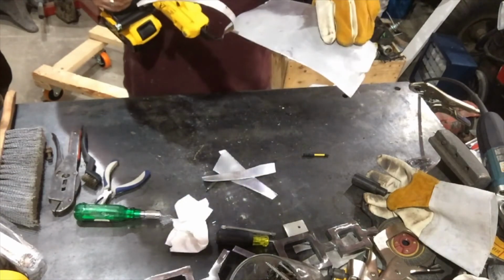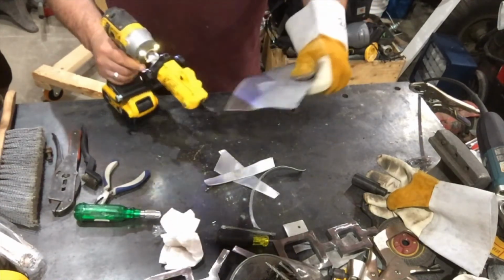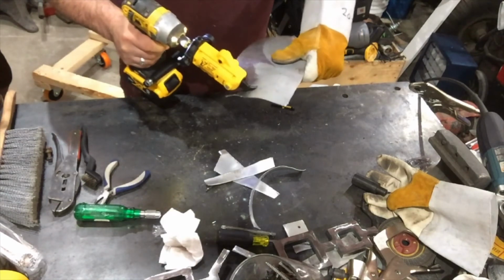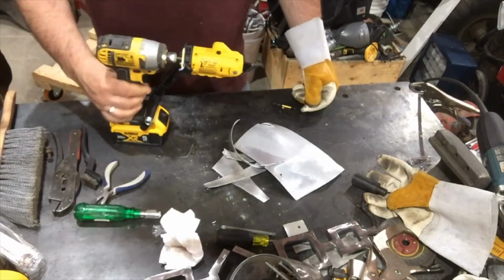I mean, it doesn't really help that this thing is on round. I mean, if I curve down, see, look. So anyway,